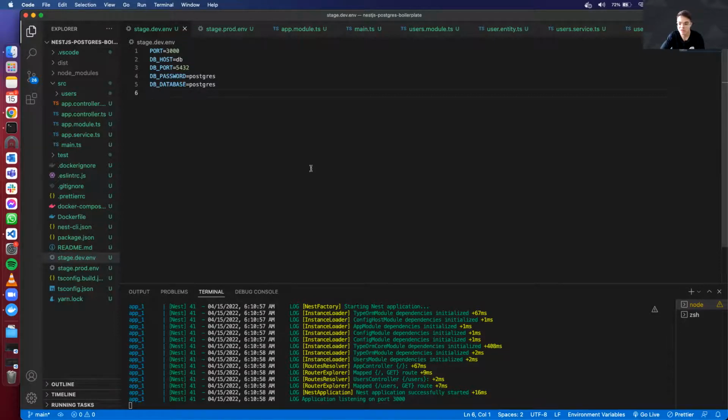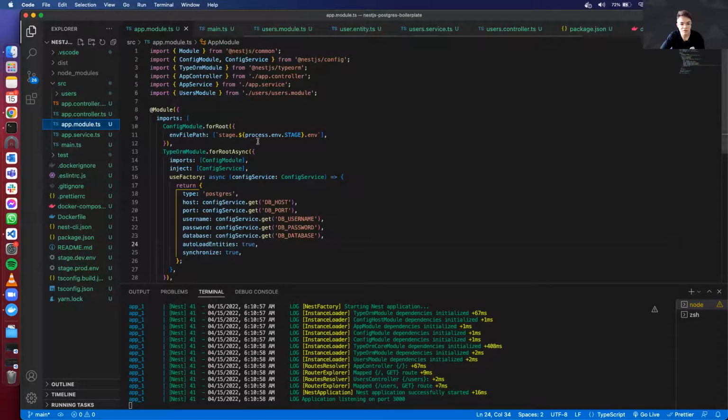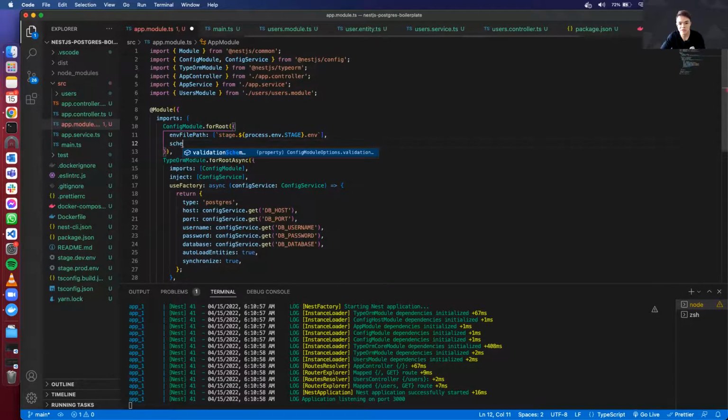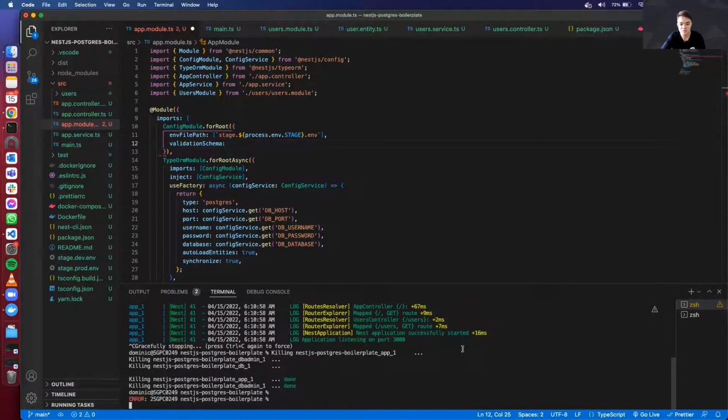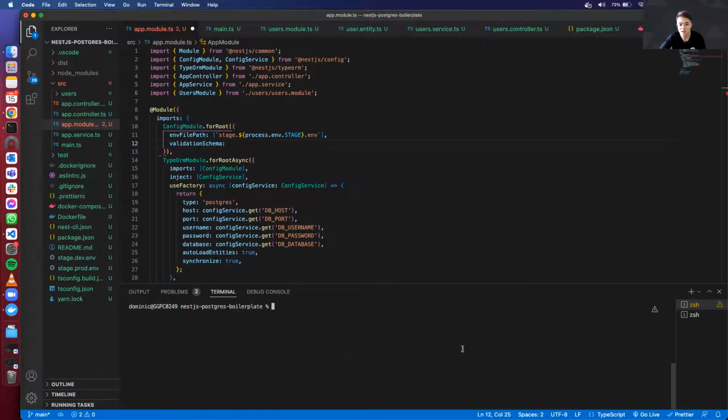You might think your database has some problems, but actually you probably just forgot the configuration. To prevent that, ConfigModule comes with schema validation. You can pass your own custom function right here, or use the library recommended by NestJS, which is called Joi. So I'm going to add it over here